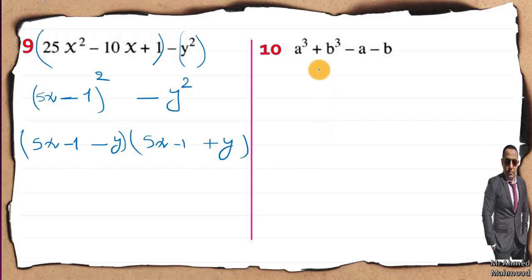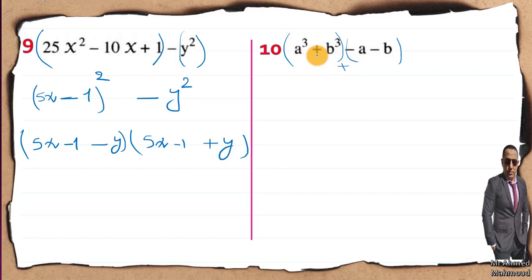I don't have a common factor between a and b, and I can't switch a with b, because if I took a and a together and b and b together, there will not be a common factor. Okay, but by looking carefully, if I took this expression together and this one together, and there is plus between,